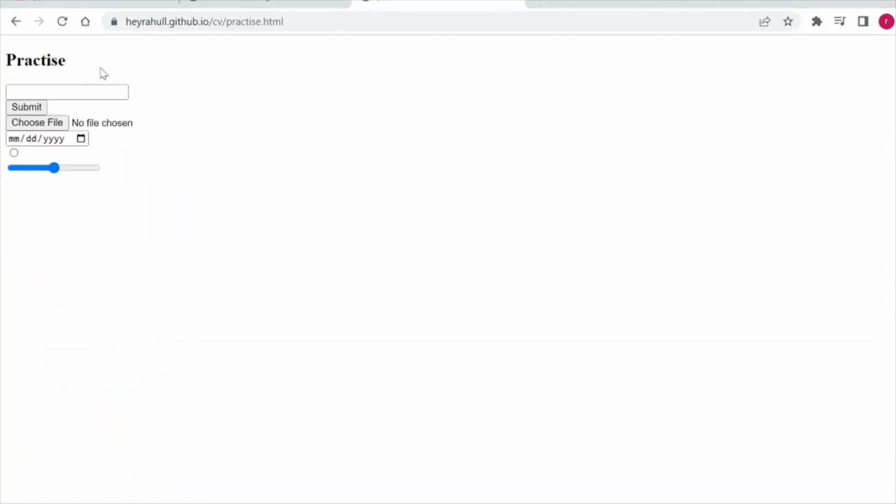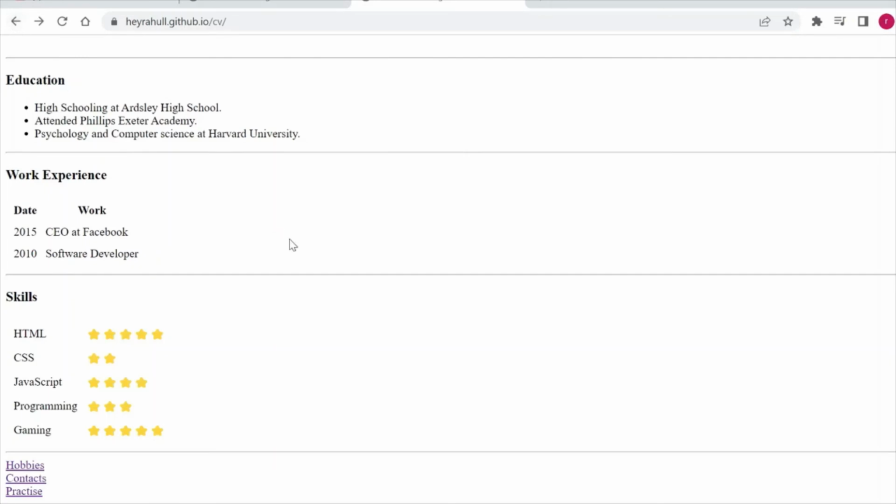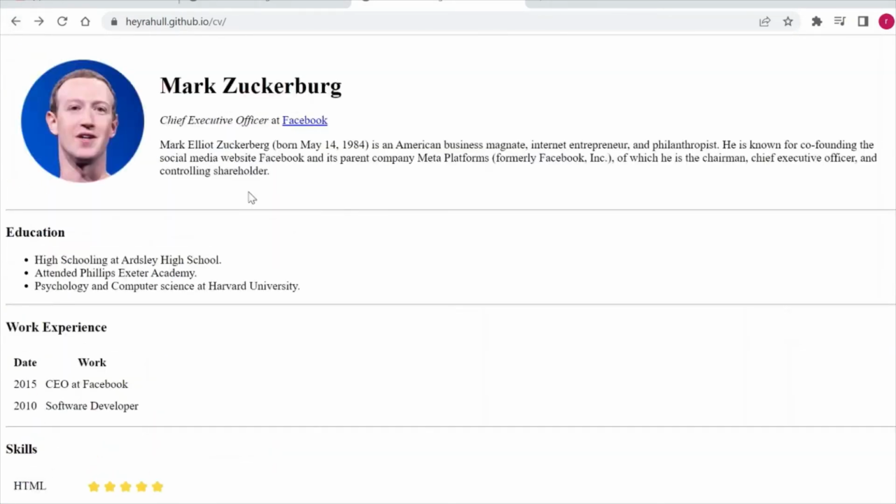Always make sure that you name your files properly and the paths are mentioned properly, so that you will not have any problem accessing your files. With this, we have covered all the topics that are needed for us in order to understand HTML. With this, we come to the end of this video, and in the next video we will see about working with CSS. Thanks for watching.